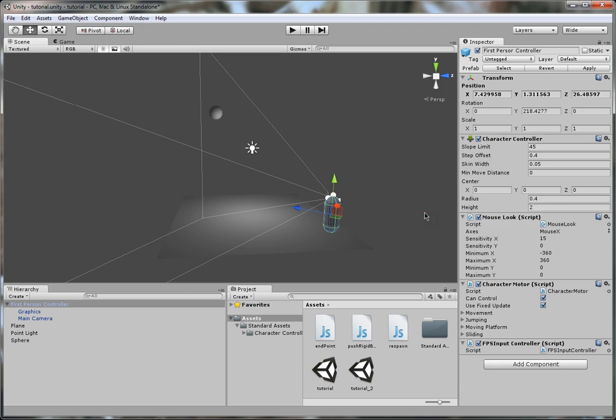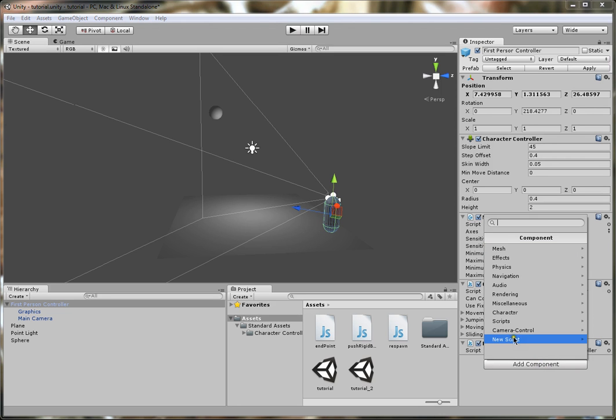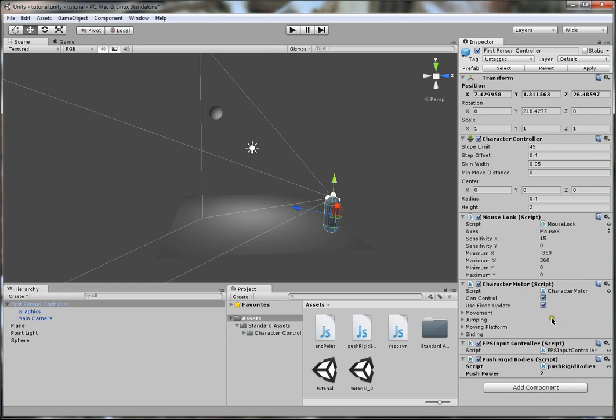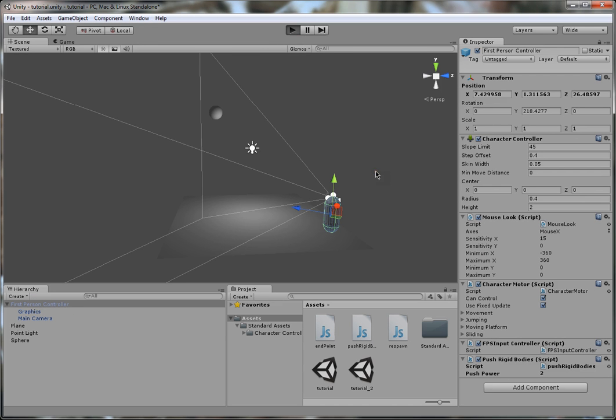Attaching it is very simple, the same thing that we did for the rigid body. We select the character controller, go down to Add Component here in the inspector view. If you haven't written the script, you would select a new script. If you already have it written, like I do, you'd click Scripts, and you go here to this Push Rigid Body script. So now that's on there, and this push power right here determines with how much force we'll push objects we interact with. So now if we hit play,